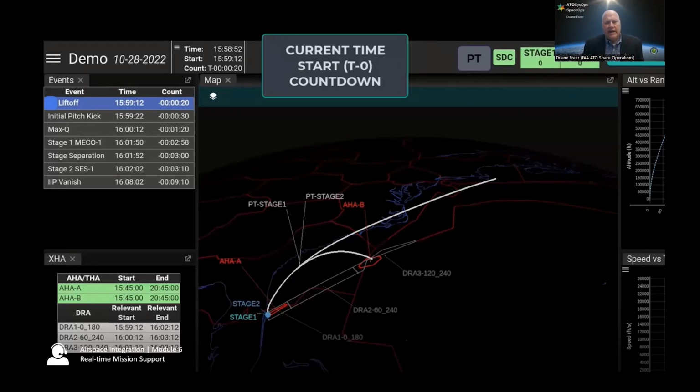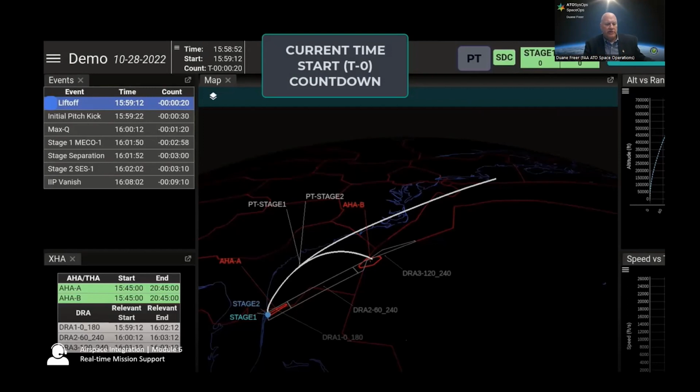We receive telemetry data from the operator in real time. So from the vehicle itself, it goes to the operator, and then we get the information in near real time. And we're able to display the location of the vehicle, the speed of the vehicle, and the altitude of the vehicle. And then you'll see on the screen, the white lines are the pre-planned paths of all stages of that vehicle.